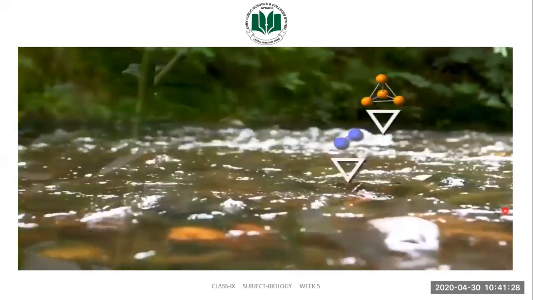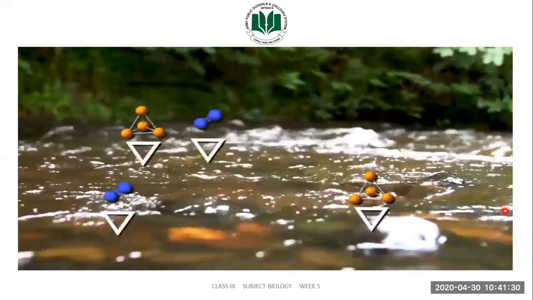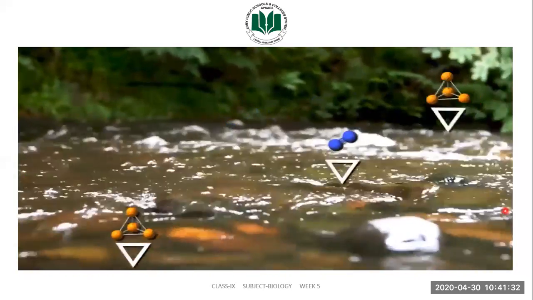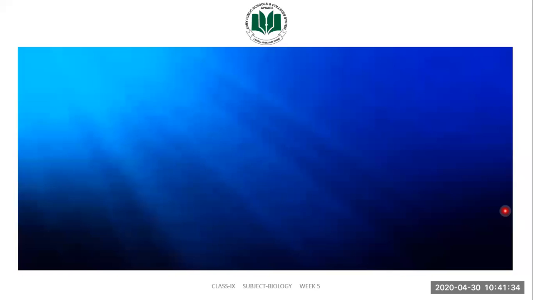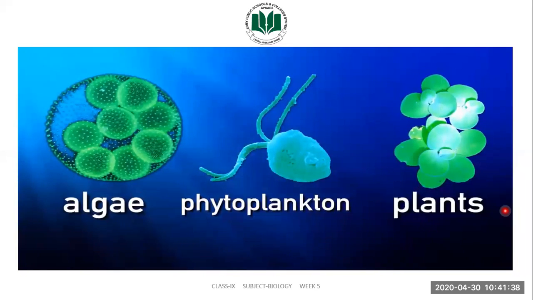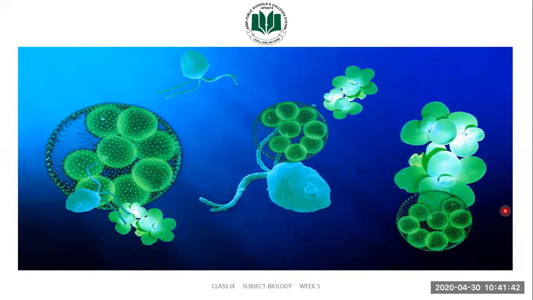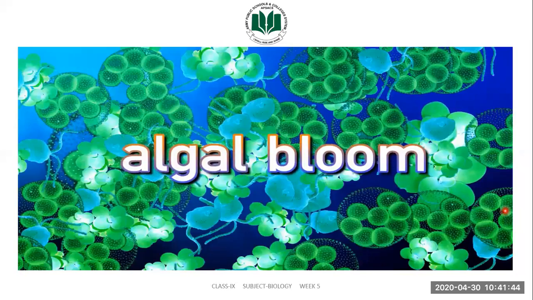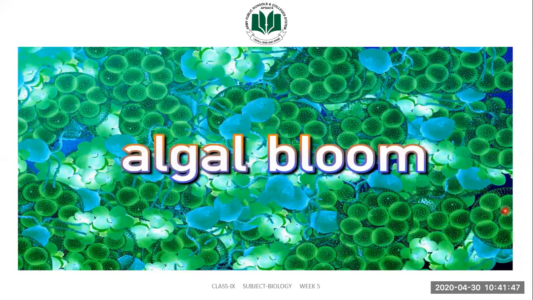These nutrients mix with the water and find their way into bodies of water like ponds, lakes, reservoirs, and even the ocean sometimes. With all these nutrients added, the algae, phytoplankton, and even plants in the water do the same thing the crops in the field do. They grow. Well, actually, they explode in numbers. This is called an algal bloom, and entire lakes can become covered in layers of plant growth like this.